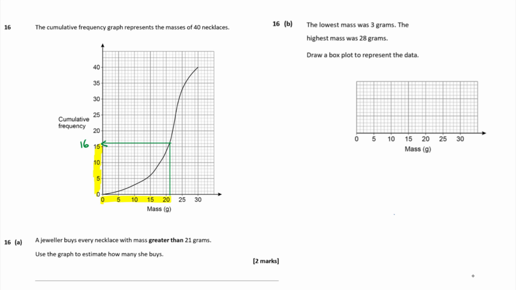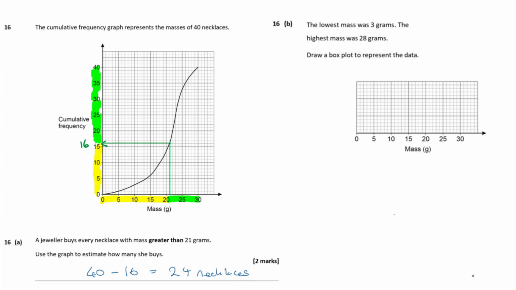Now, if we want the ones that are greater than 21 grams, we're talking about these ones up here, aren't we? They're going to correspond to this section of the graph. So how far is it from 16 up to the top of the cumulative frequency? That's going to be 40 minus 16, which is 24 necklaces